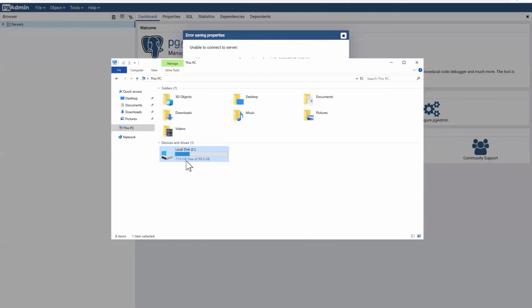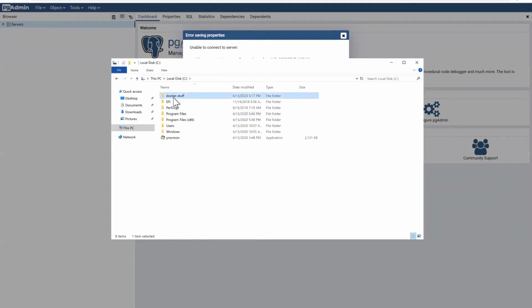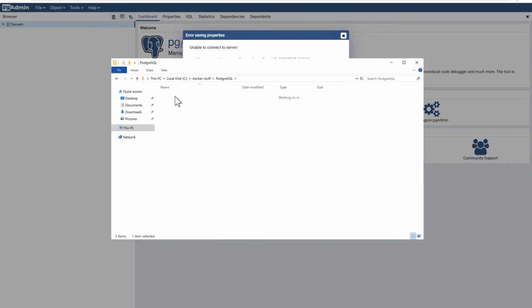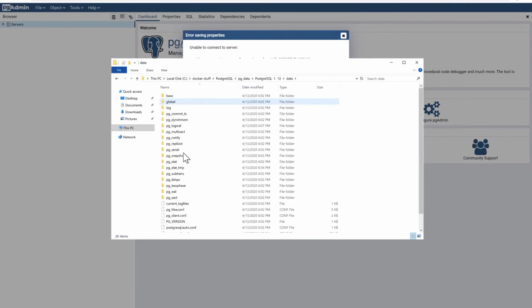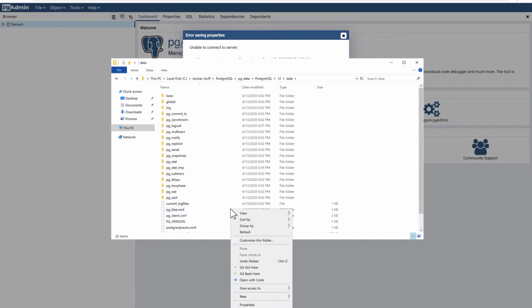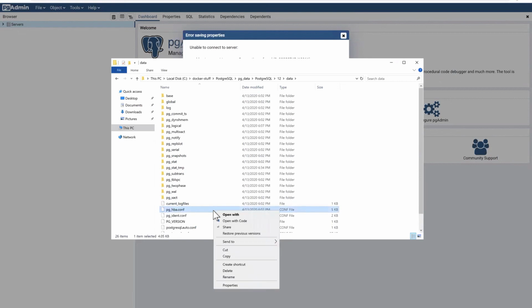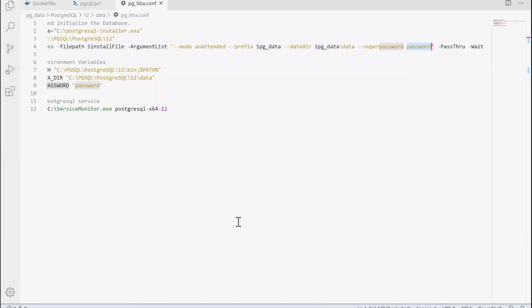Go to the database, where the database data is stored, right? Inside the data folder, you can find pg_hba.conf. This configuration file you need to open. Let's open it with the Visual Studio Code editor.